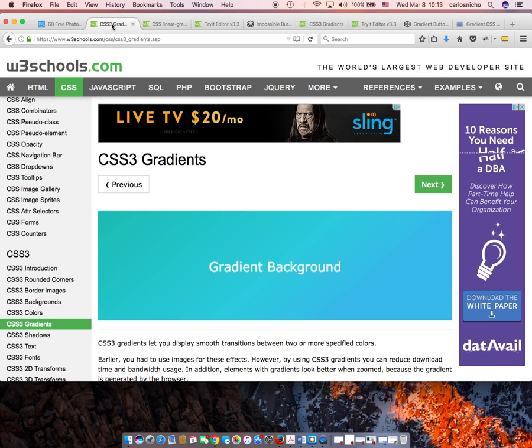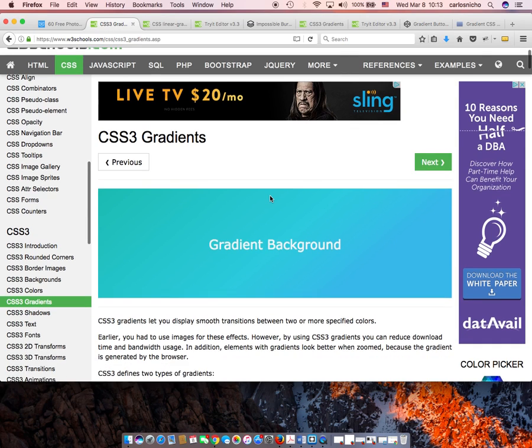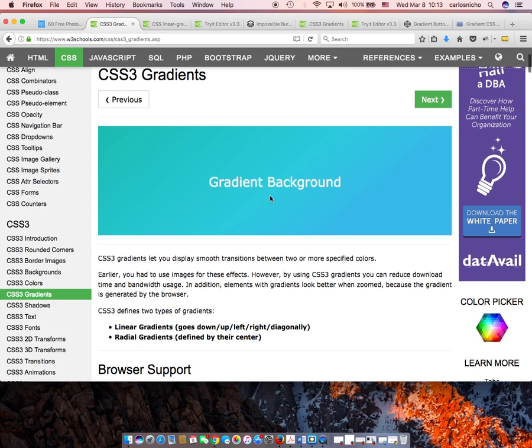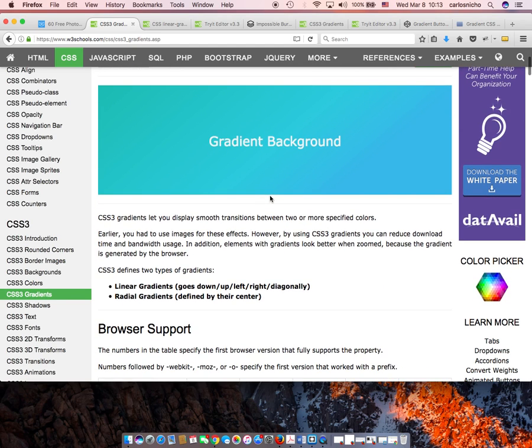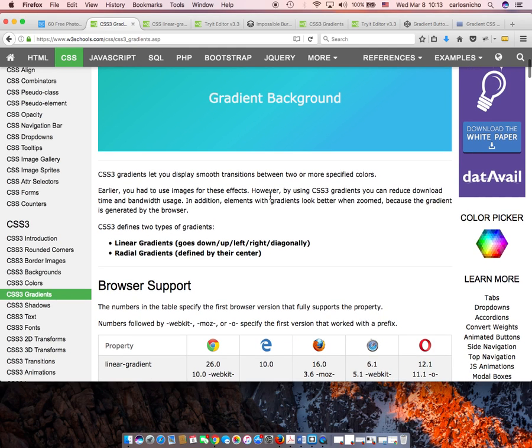There's also here in the W3Schools class the study of gradient backgrounds. There are two kinds. One is linear gradient. It goes down, up, left, right, and diagonally. The diagonal, well, 45 degrees, and this can also be translated into degrees: 0 degrees, 90 degrees, and the left will be